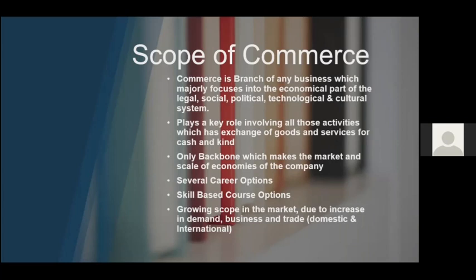And also, this is such a stream where there are vast job opportunities. So when we think of commerce, there are two things which generally come to one's mind, that is business and the other is banking. But if we look into detail, commerce is such a stream where there are ample opportunities. It is a very vast area, and there is also a growing demand for it. So let's look ahead at exactly what the prospects are, and where you can make your career, where you can find your area of interest in the stream.